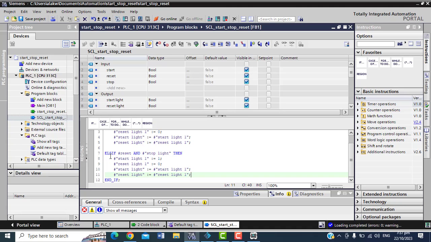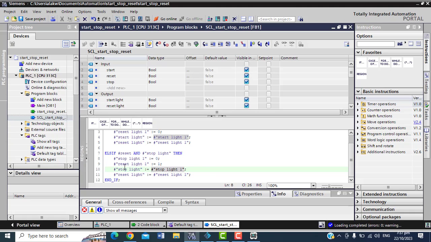So here now, you see say if you press the reset and then the stop light they on, what I want to do be say for here I want make your stop light 1 make you go 0, right? Make your stop light 1 go 0, and then make your reset light may come 1. You know now, because you don't press reset, so you expect reset to see reset. So for here, I want to see here supposed to be stop light. So stop light is equal to stop light 1.